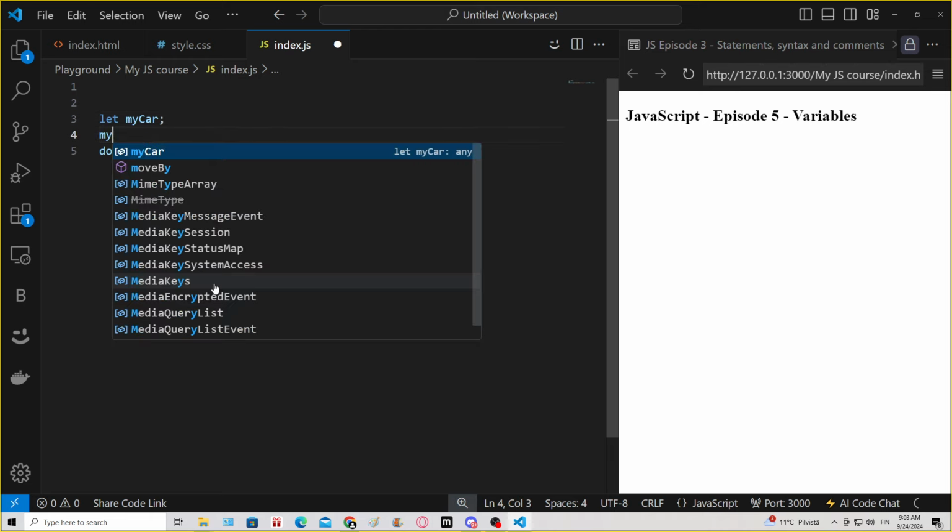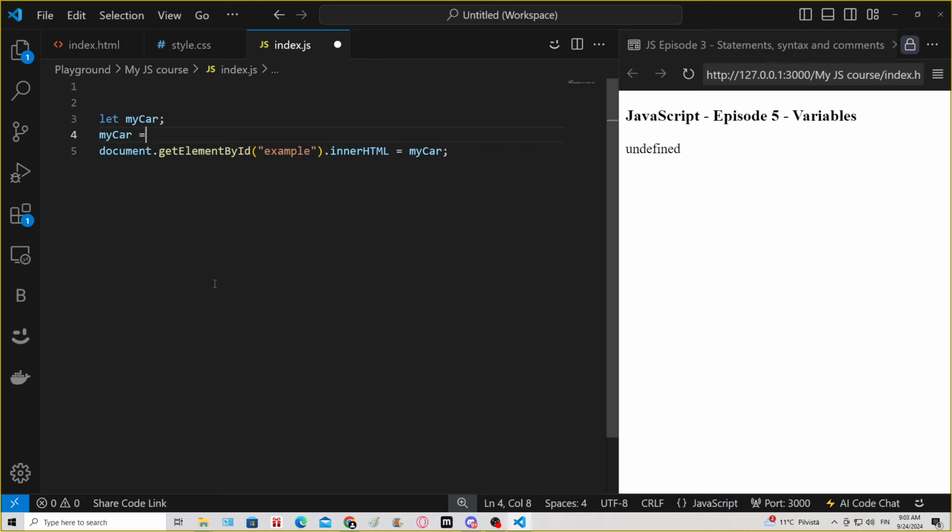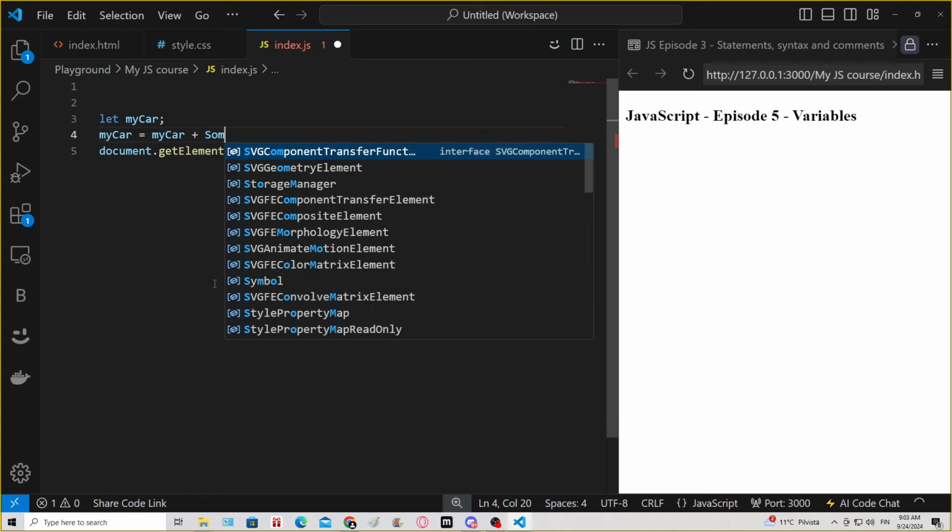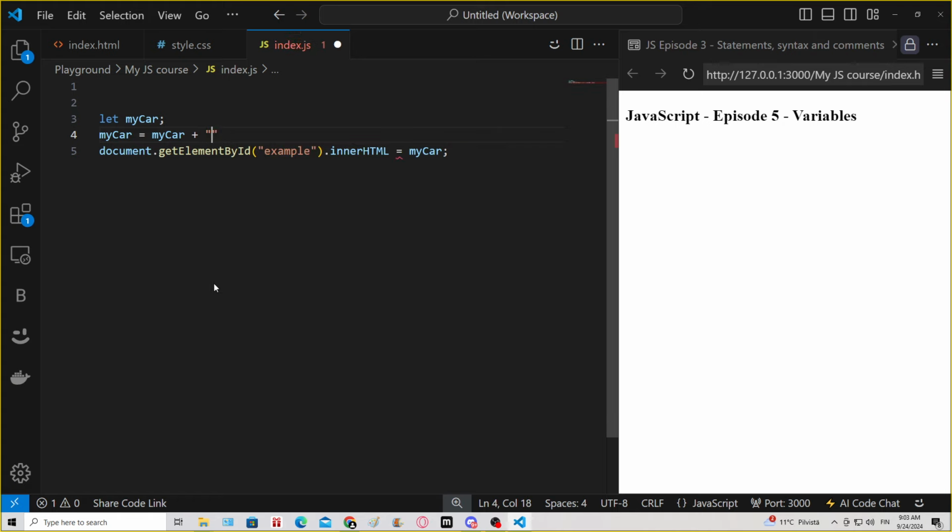However, if I type myCar equals myCar plus a string of text, some car,